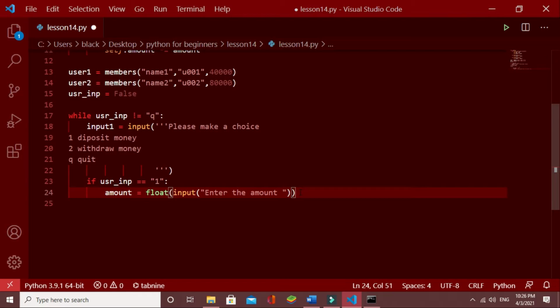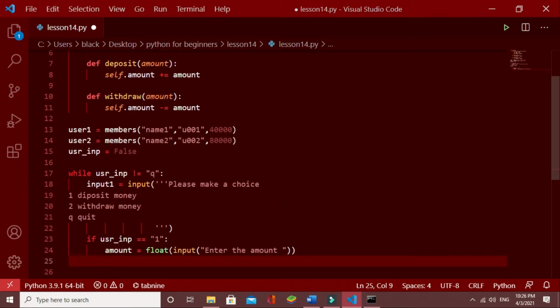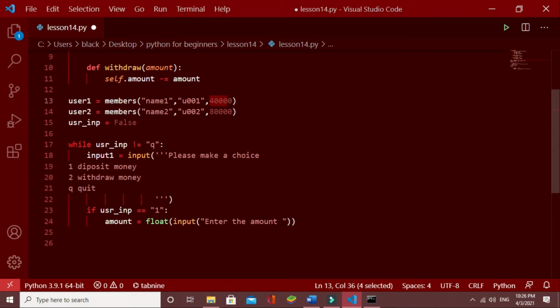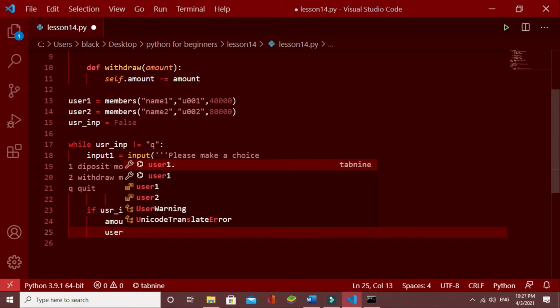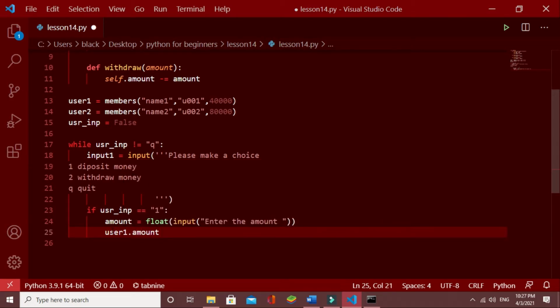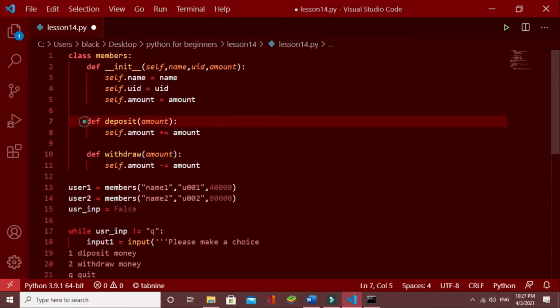Then what I have to do is increase this user 1's amount by the amount that we are entering here. So I'll type user 1 dot amount plus equals this amount.